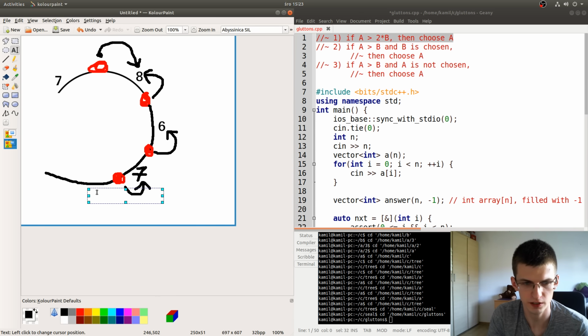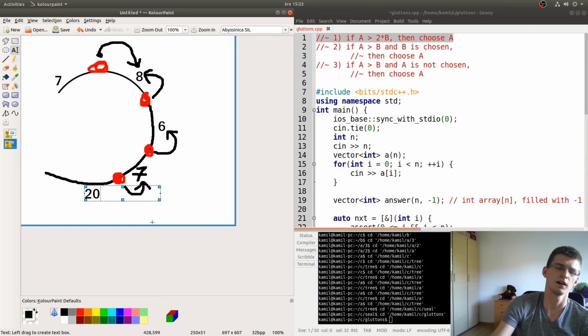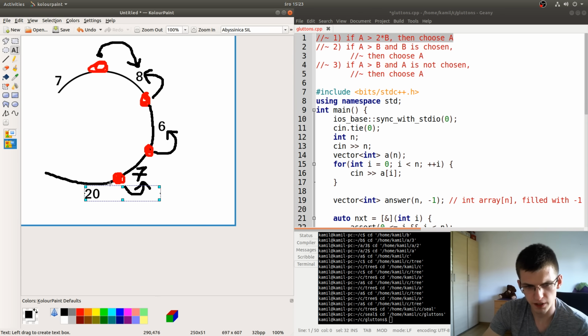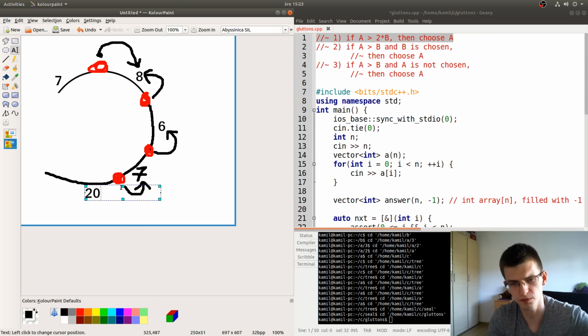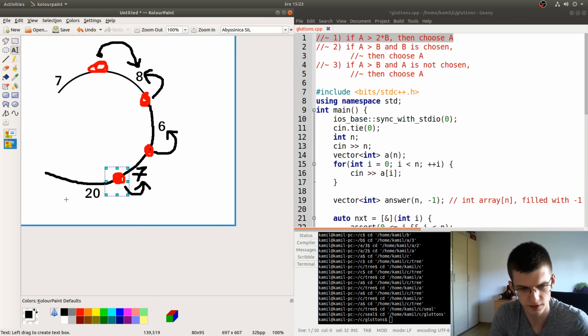So maybe here it was 12. So if here it was 12, then this scenario is impossible because this person would take 10, even if it's only half of that. So the other possibility is that it's 2 times smaller than 7.